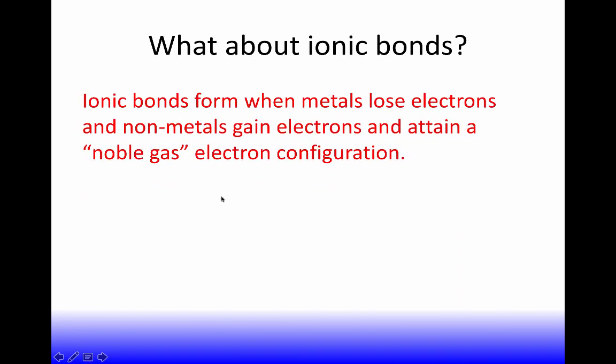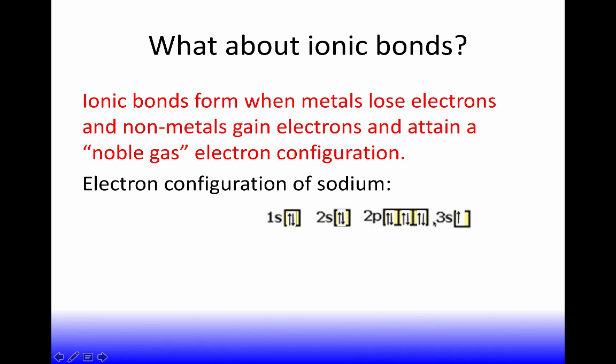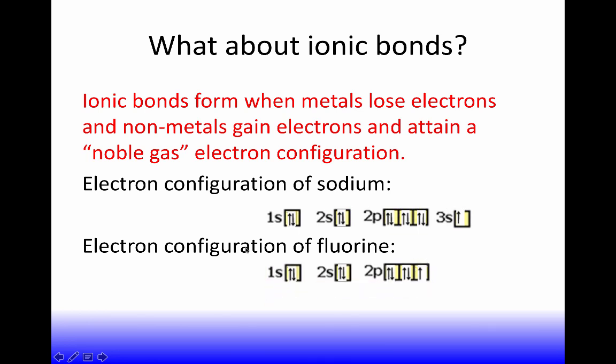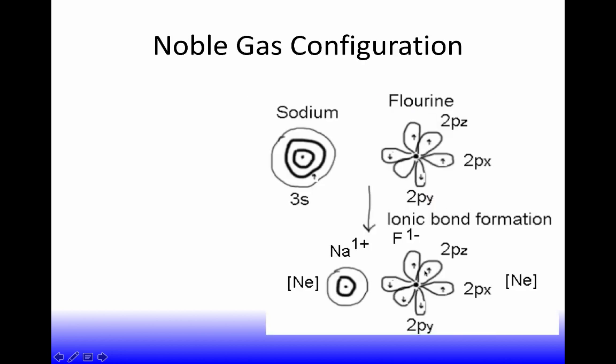Okay, what about ionic compounds? Ionic compounds form when metals lose electrons and nonmetals gain electrons to attain this noble gas configuration. So the electron configuration of sodium, you can see, has one electron in the 3s. Let's take a look at fluorine. Fluorine's 2p has one hole, one space. So how do we form a chemical bond